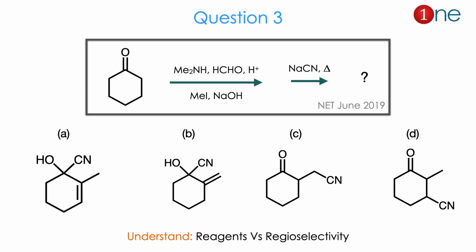The products are mostly 6-member rings. The ring integrity is there and the position of cyanide attack is questioned. Whether cyanide attacks at the ring or outside the ring, or whether methyl cyanide attack happens or not, is the question here. So from the reactant and reagents you might guess that the competition between the reagent's role and reagent selectivity is the question here. The answer is C. Let us see how.